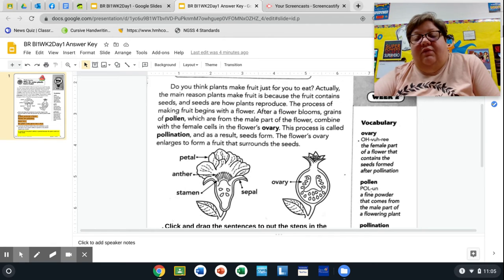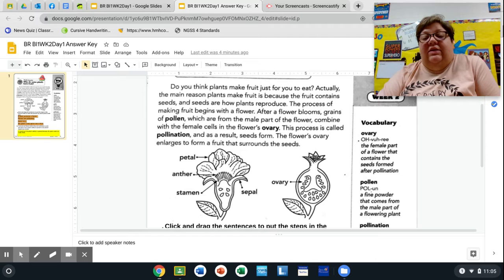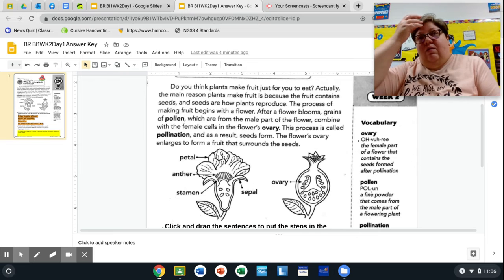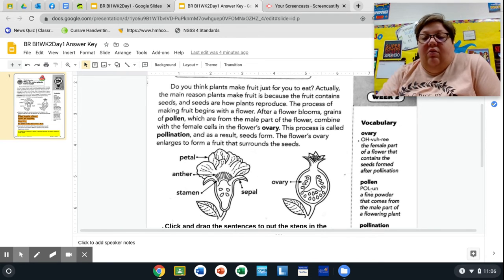So the process of the fruit begins with a flower. If you have ever grown any kind of plant that makes a fruit or a vegetable, it usually starts with a flower that blooms. I know at home, I have some squash plants, and they always start with a flower that blooms. And then the pollen,